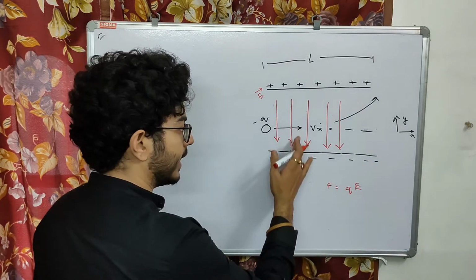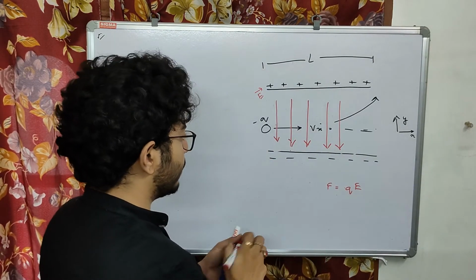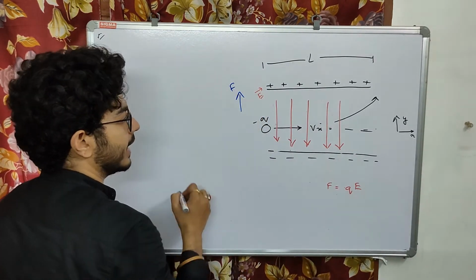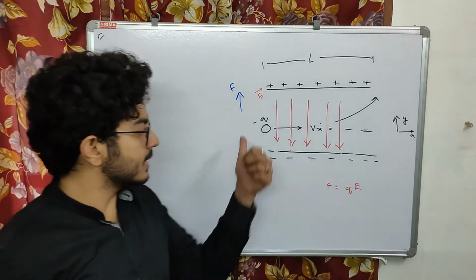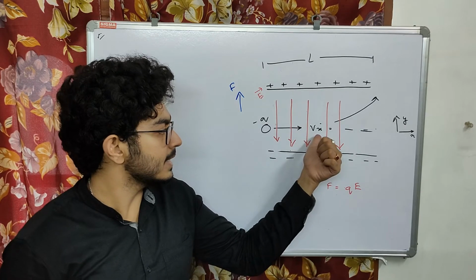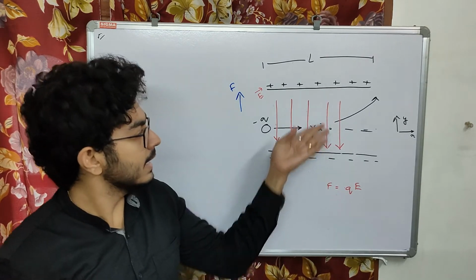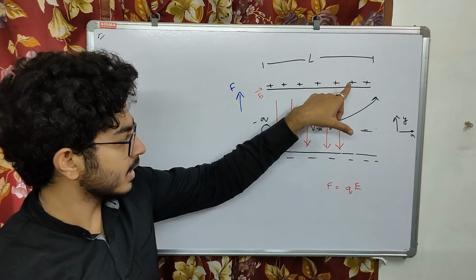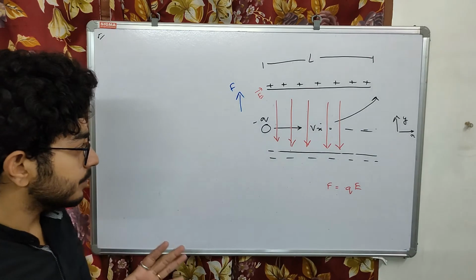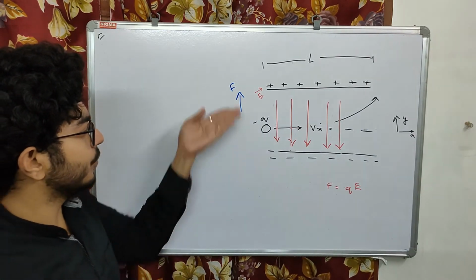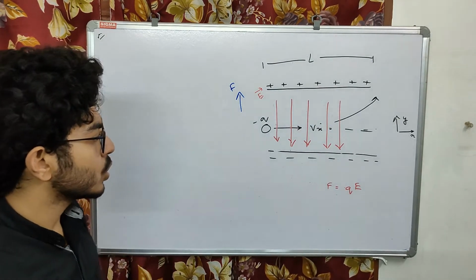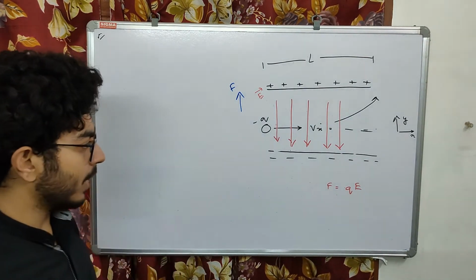Now this force is directed in this side. Why? Because this is negative charge, and as it is entering inside this plate, it is going to experience a force in this side, because this is going to attract towards this positive plate. This part is clear. Now, as a result, there is a force. There will also be an acceleration in this direction, that is towards y-axis. So we have to find it out. So let us find out first.